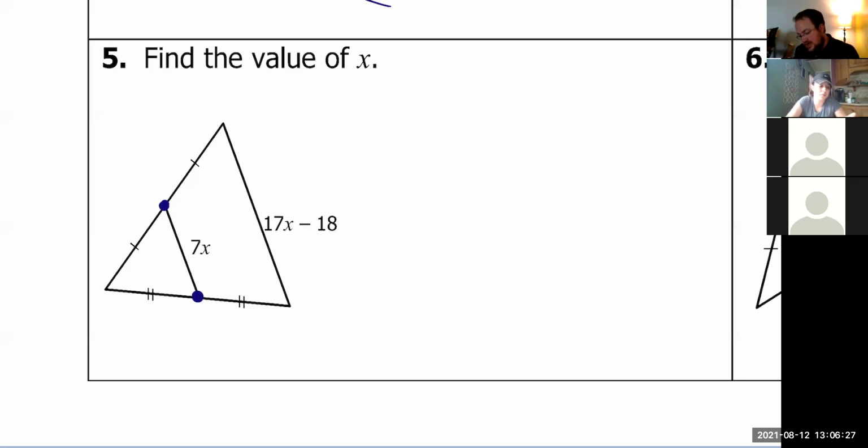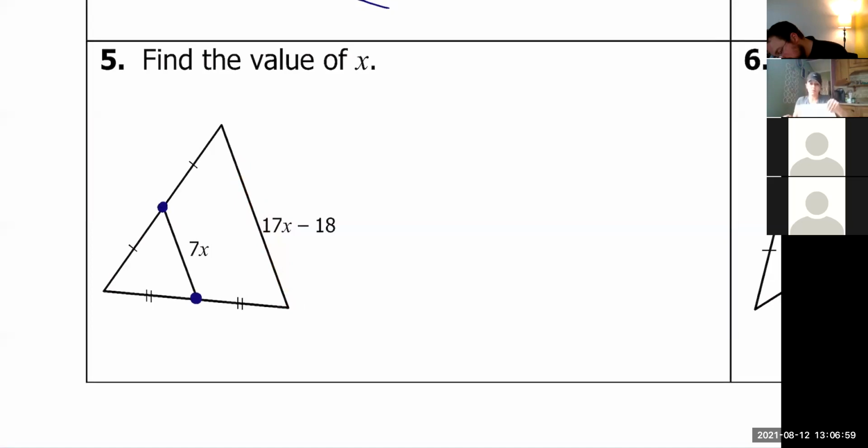These say that this one's cut in half. These little marks here say that one's cut in half. Connect 2 midpoints, you get a midsegment. That means that this midsegment right here is half as long as this one. Or in other words, this one is equal to 2 of the midsegments, right? Because it's 2 times as long. I'm going to run with that. I'm going to say that